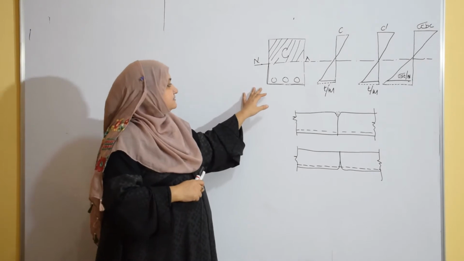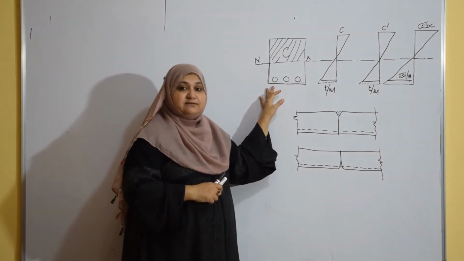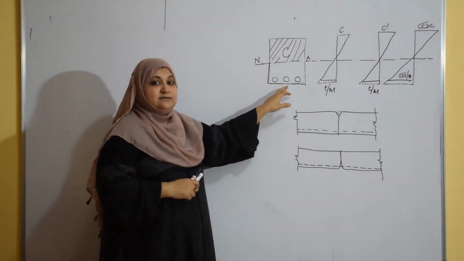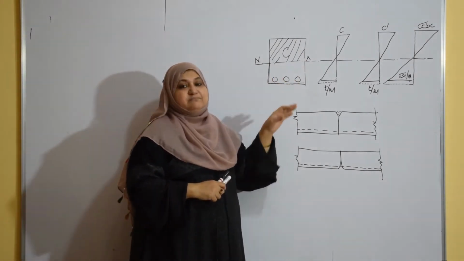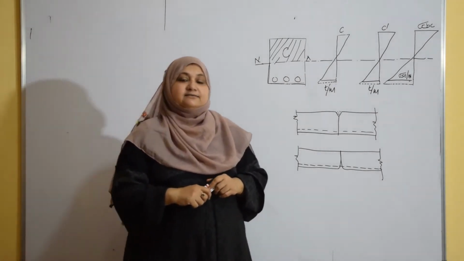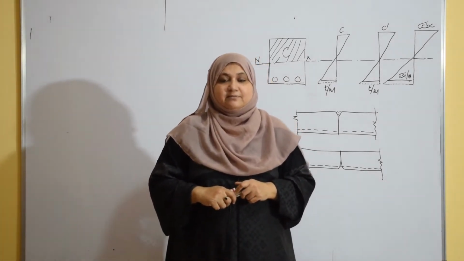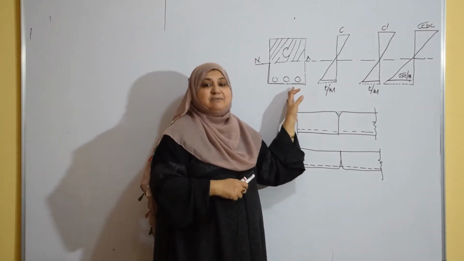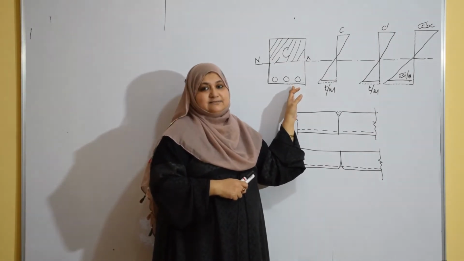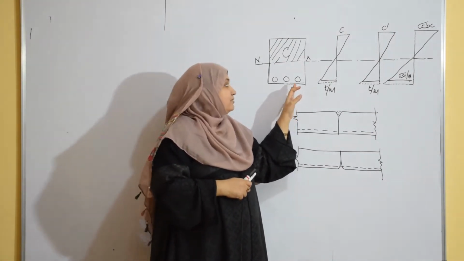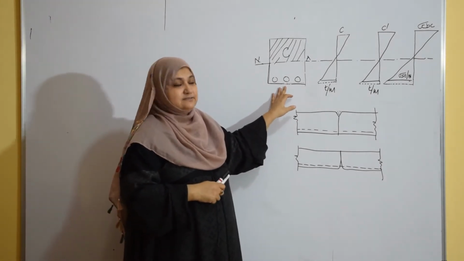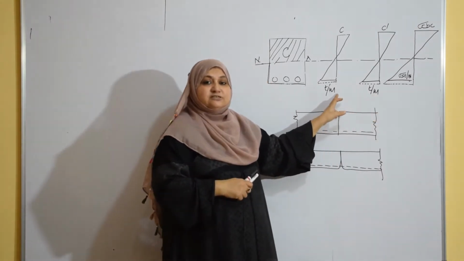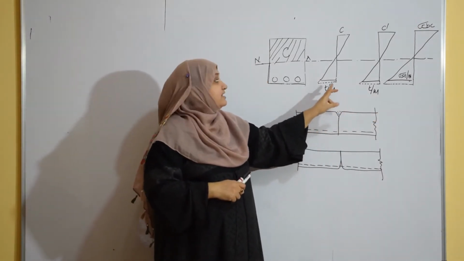Let us understand the singly reinforced beam working stress method design concepts. This is a singly reinforced beam where steel is provided in the tension zone. When the load on the beam is small, both concrete and steel resist tension. But as the load further increases, the concrete stresses will reach their maximum value and it cracks. Then only steel will take up the tensile stresses. Now you can see this figure. It shows the general stress distribution of the compressive stresses.